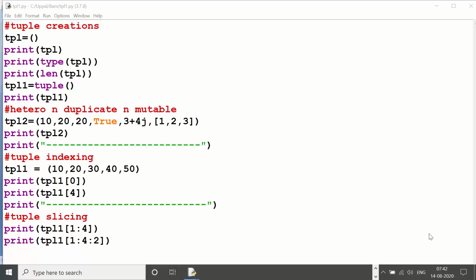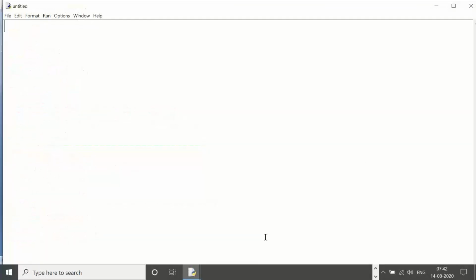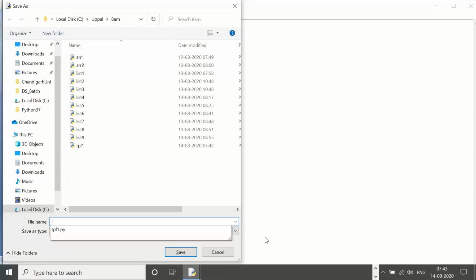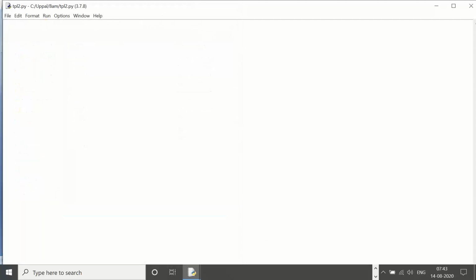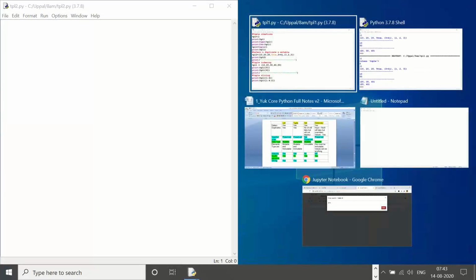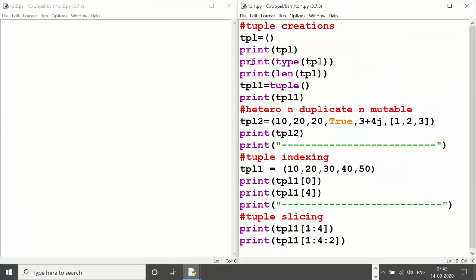If you are done, just ping me. Okay, so control N, control S, so TPL2. Okay, let me put this aside. Those who want to take can still take. Okay, so